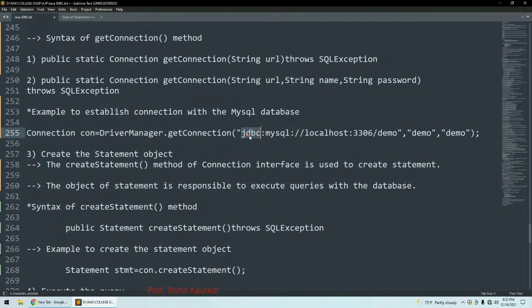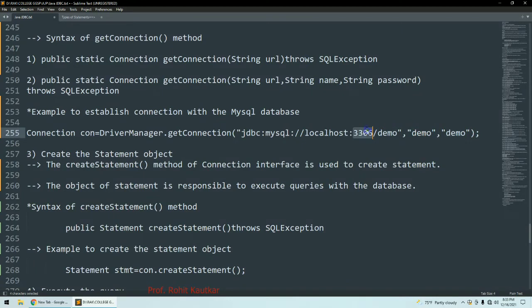Here jdbc is followed by which database we are connecting to, MySQL, followed by the path of our database where our MySQL database is available. On localhost the port number is 3306, and the name of my database is demo. The username and password I used for accessing this database are demo. Whatever database you create in MySQL, you can specify its name here, and the username and password as well.